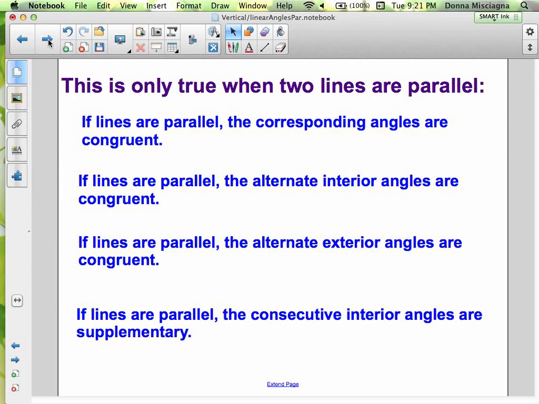Now, these 4 statements about parallel lines are true all the time. Their converses are also true. So they're going to make the backbone of our proofs with parallel lines. That means I can switch them and say if, corresponding angles,